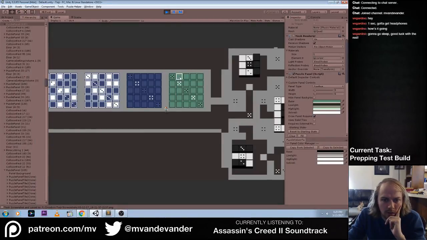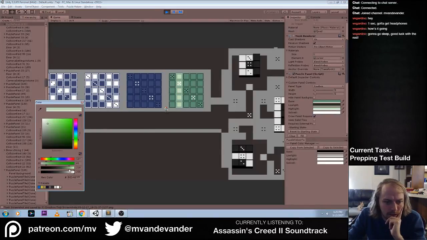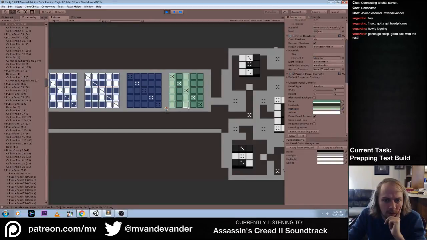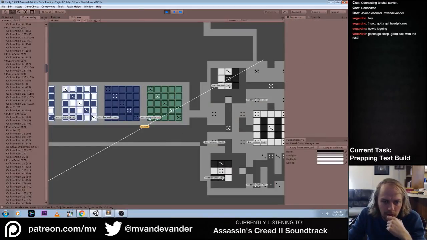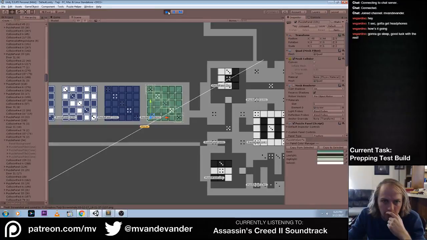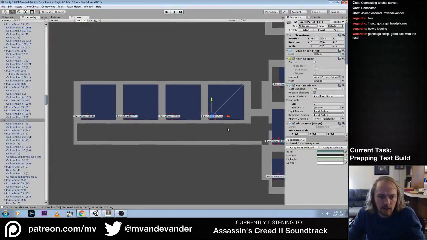That's pretty good. The problem is the highlight color there is pretty bright. So let's just dim that down. So they'll look like that, and then when you solve it, they'll look like that. That's not bad. So then we can just select this panel, copy, and then we can select all these